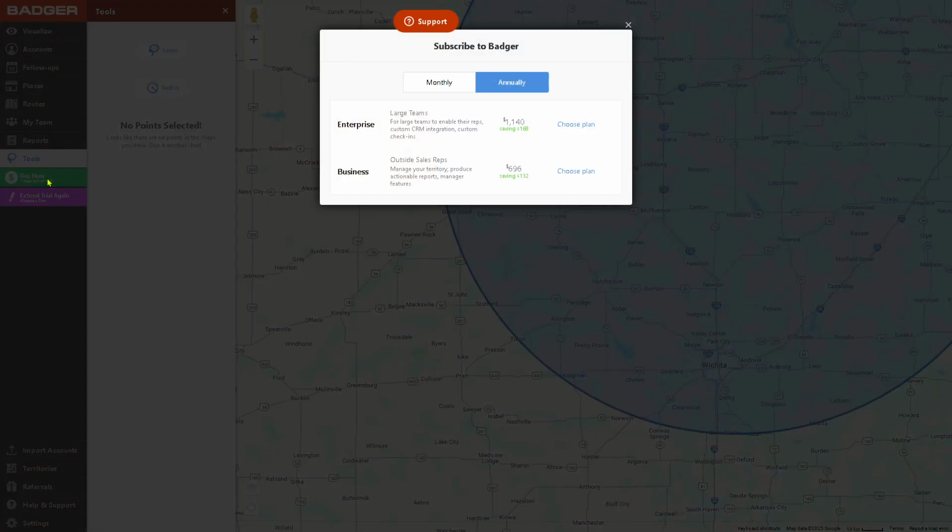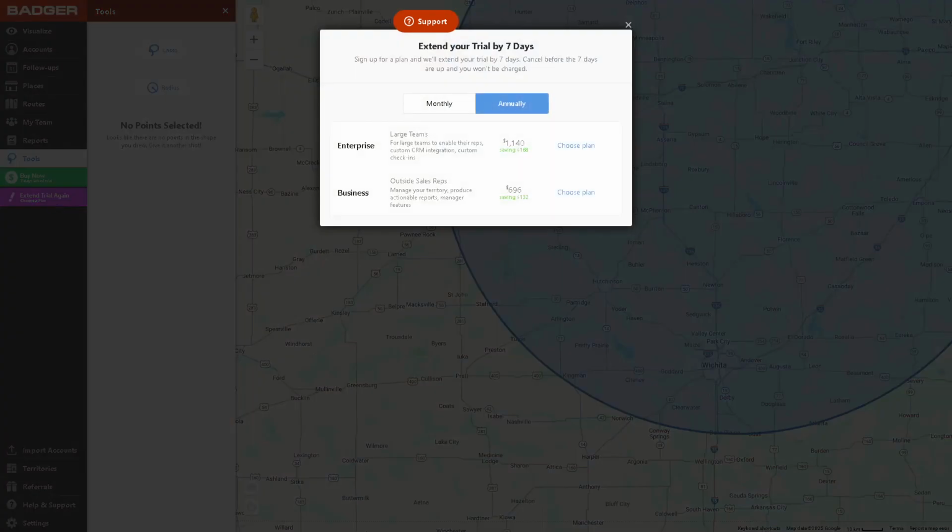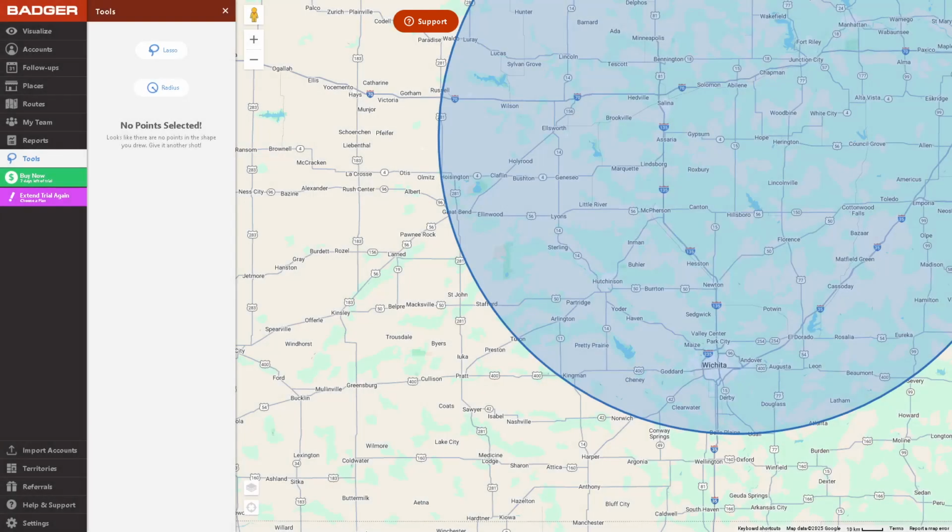Now, the Buy Now 7 days is going to be a reminder that your free trial is ending soon. Of course, if you want to upgrade and scale up, you might want to choose the large teams plan for the enterprise and the business. So you can purchase a plan to continue using Badger Maps without interruption, and unlock all the features that are needed. And then there's going to be the extended trial. Again, you can choose a plan, ensuring that you can make an informed decision based on your usage needs. All right, so with that being said,